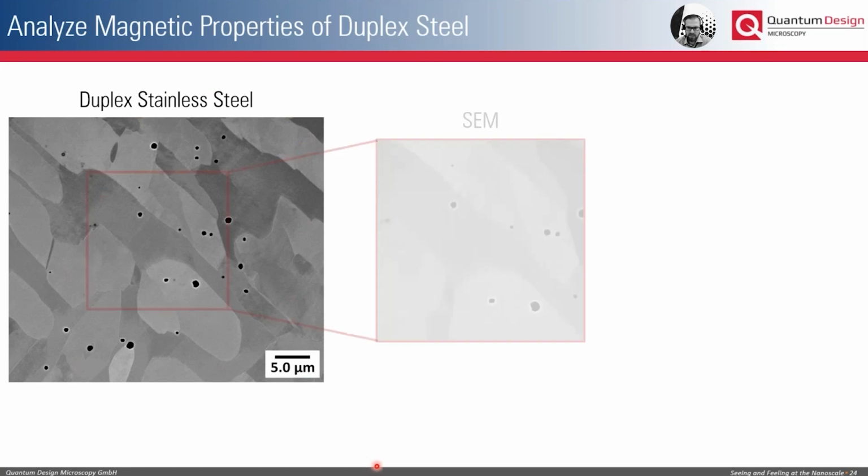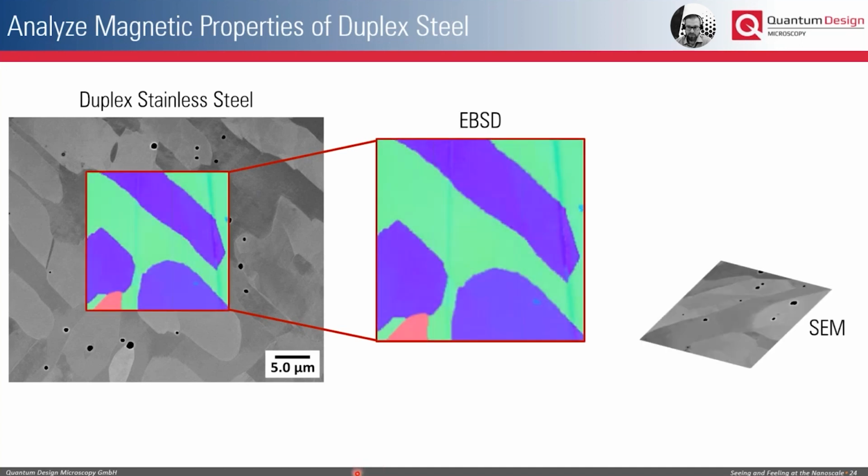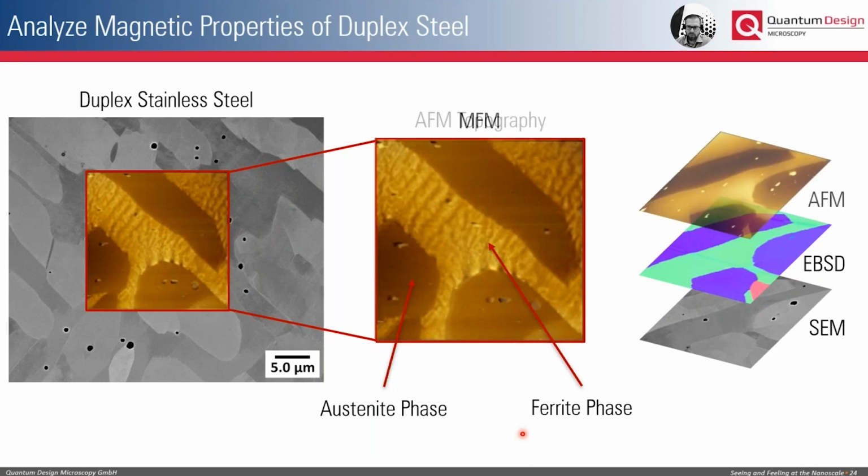In this case, we identified this area, and we also did an EBSD measurement. This was not done inside the FusionScope, but in a separate system. But this helped us to really characterize that we have these two different phases here, this austenite phase and the ferrite phase. And then very easily, you can, of course, find this same area again and then perform the AFM topography